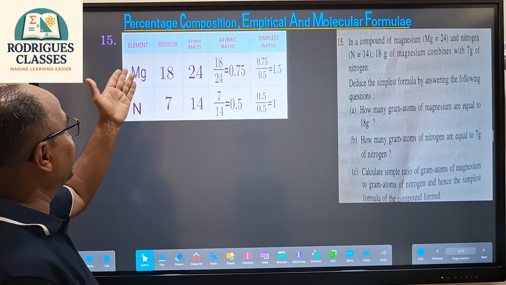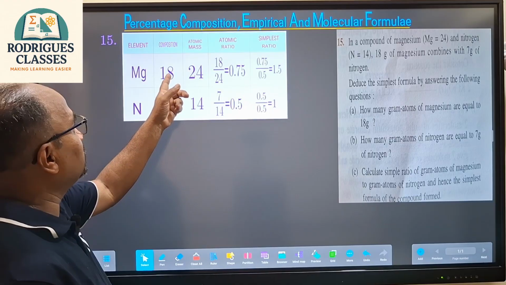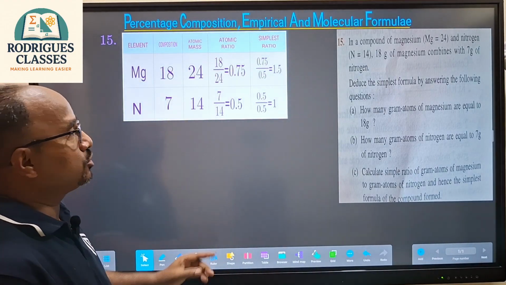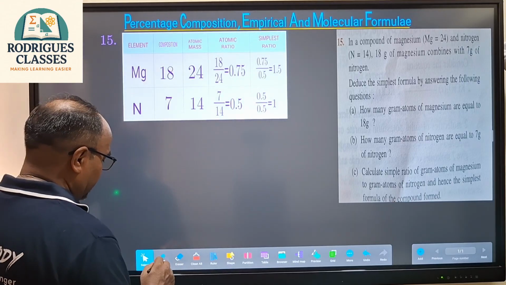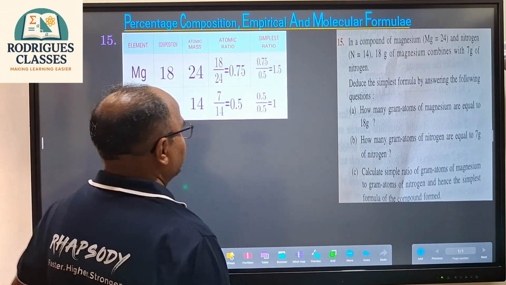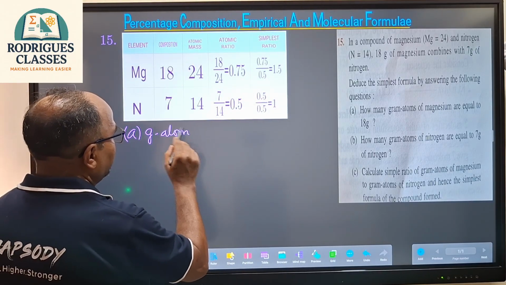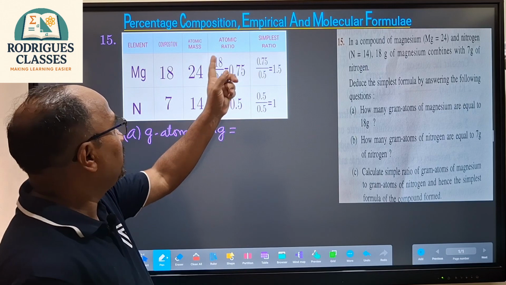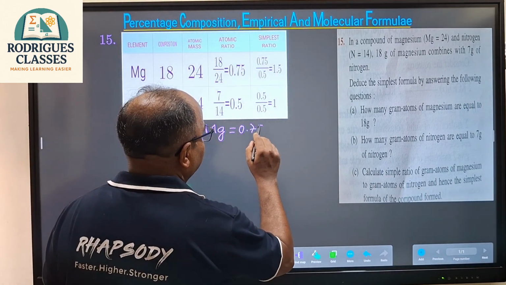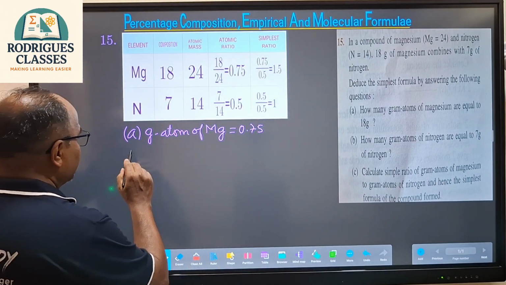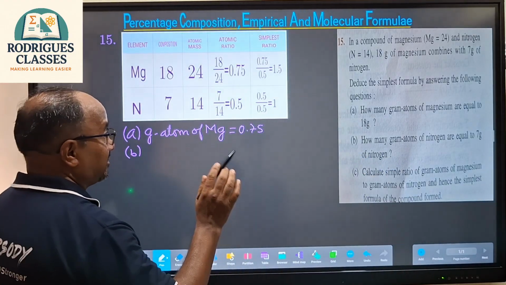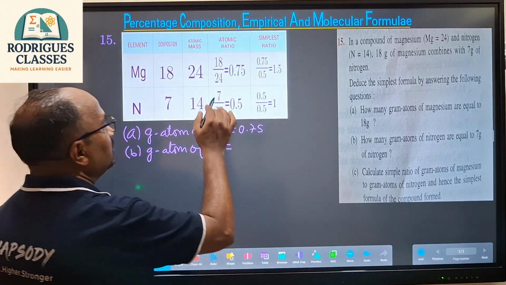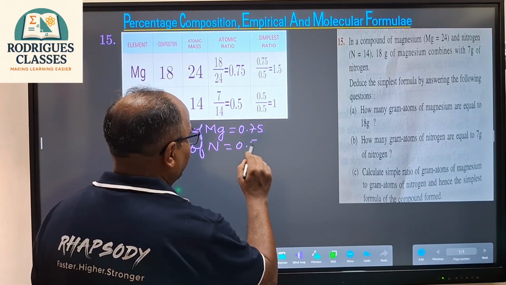तो चलो टेबल में फॉलो करो, मैग्नीशियम लिख दिए, नाइट्रोजन लिख दिए, जो एलिमेंट है कंपाउंड में। कंपोजिशन मैग्नीशियम का 18 ग्राम दिया था, नाइट्रोजन का 7 ग्राम, दोनों का एटॉमिक मास हम लोग को बता दिए थे, उसको लिखे। तो अब एटॉमिक रेशियो जो ग्राम एटम है, तो पहले वाले का आंसर जो ग्राम एटम मैग्नीशियम का पूछा है, तो हम लोग लिखेंगे ग्राम एटम ऑफ मैग्नीशियम। तो कैसे निकलता है, जितना भी उसका मास है उसका एटॉमिक मास से डिवाइड करो, 18 को 24 से डिवाइड करो, तो 0.75 ग्राम एटम्स हो गया। ठीक है। इसी तरह से बी में पूछा है ग्राम एटम्स ऑफ नाइट्रोजन, 7 ग्राम में, तो ग्राम एटम ऑफ नाइट्रोजन बिकम्स 7 को 14 से डिवाइड करो, 0.5 आता है, तो 0.5 आ गया।